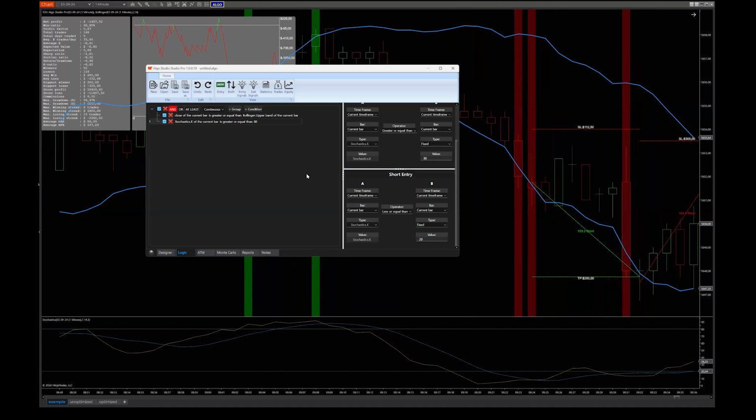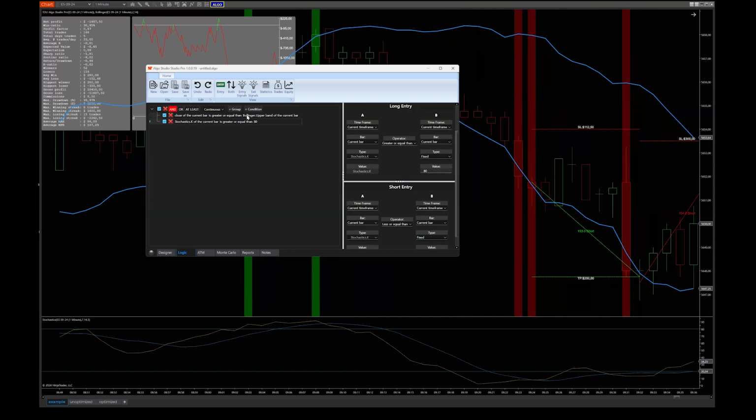So yeah, that's how you start designing your algos. Of course, there are a lot of options to choose from here. We quickly looked at indicators, but you can use volume, time, swing lows and highs, retracements. There's a lot to choose from. Candlestick patterns are also built in. So there are a lot of options for you to create your own conditions, and of course you can combine them with AND and OR. But for now, I think that's maybe a little bit too much.